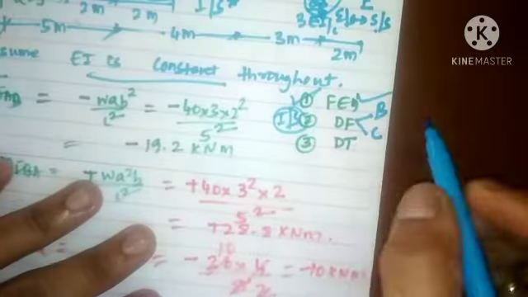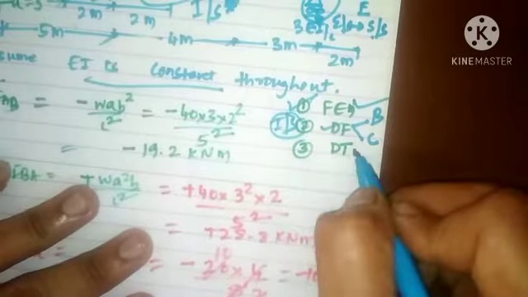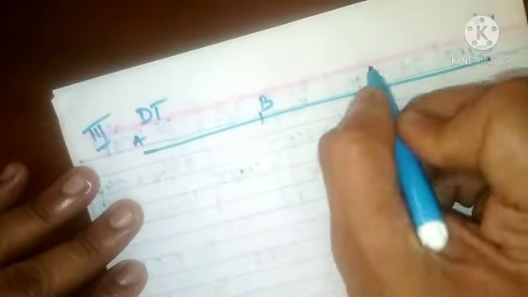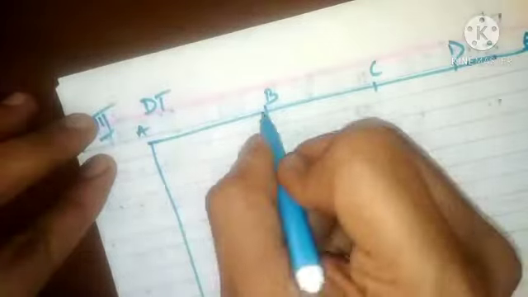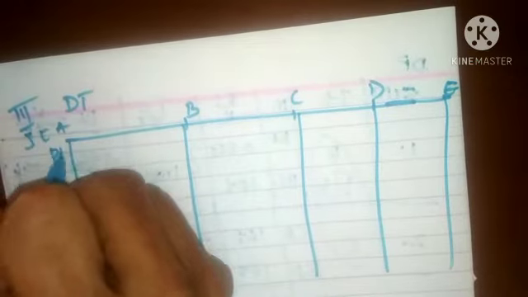Next is the distribution table, which we need to find out now. What we have calculated so far is the fixed end moment and the distribution factors. Now the last step is to calculate the distribution table. When you represent it, the same beam shall be represented in the form of a table, that is A, B, C, D and E, which are the joints here. Next is the distribution factor.